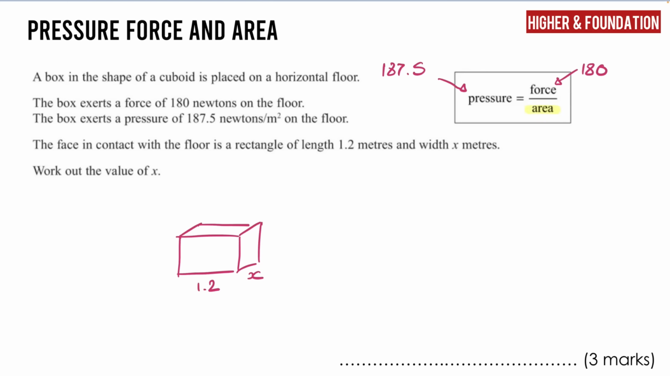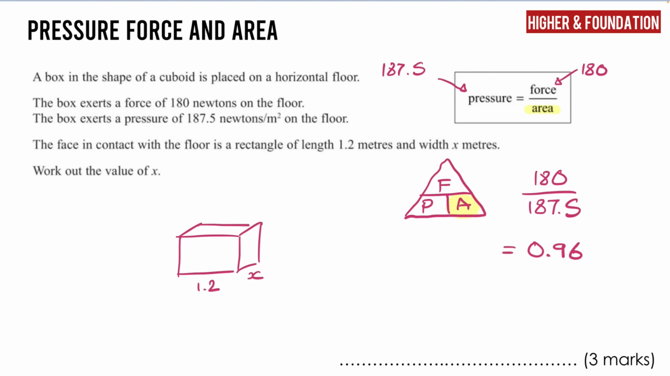Now, you can write the formula into a formula triangle like we did with speed and density. Pressure, force and area. If you want to work out the area, cover up the A, and it's force divided by pressure. So the force is 180, the pressure is 187.5. So we can type that into our calculator. That's going to give us the area, 187.5 on the bottom. It gives us a total area here of